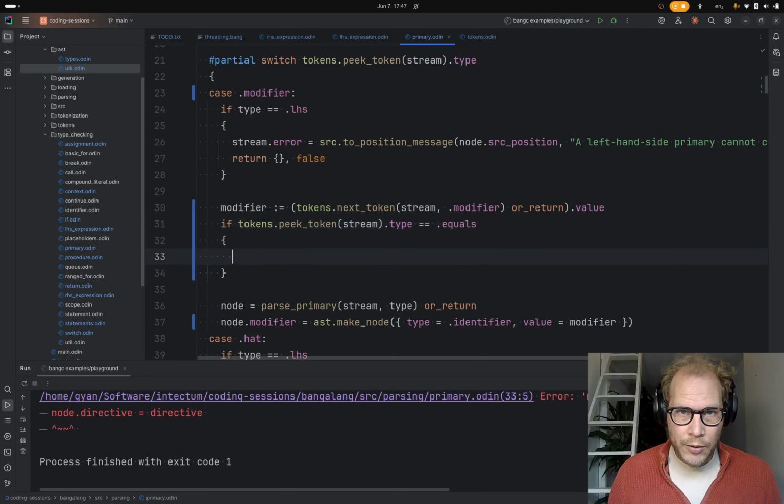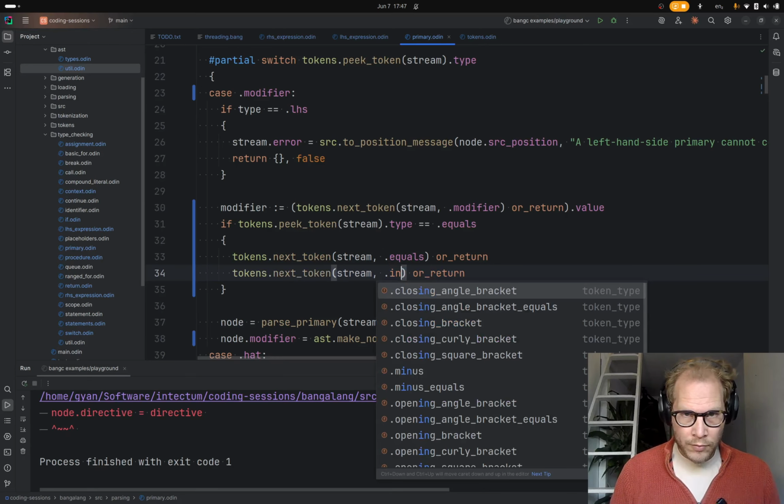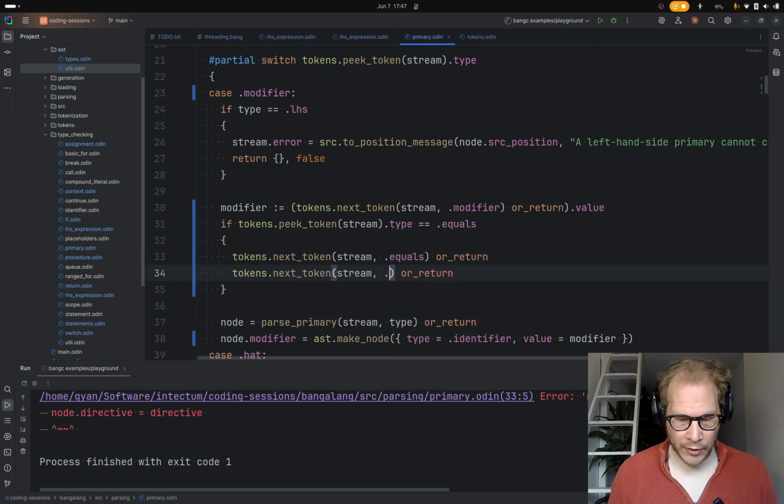If we find an equals token after, then we consume the equals token. I don't think we have integer, I think we have number. And we also consume a number token.